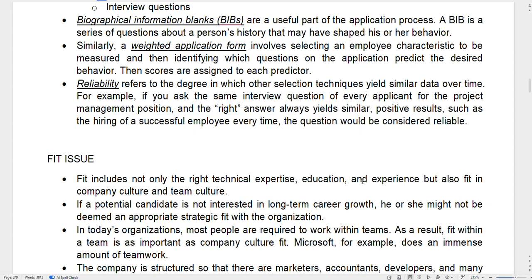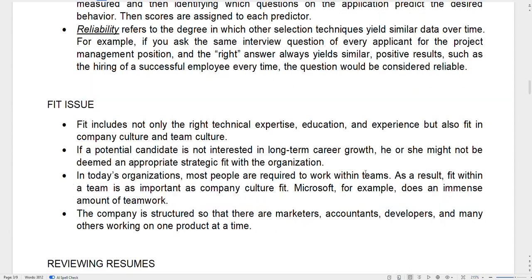Okay? So in today's generation, most people are required to work within teams. So if you are not a team player, you don't belong. You are not fitted. Okay? Kung ikaw talagang you prefer to work alone, so find a job that matches your personality or your culture na gusto mo. Solo rider ka. Okay? Company is structured so that there are marketeers, accountants, developers, and many other working on one